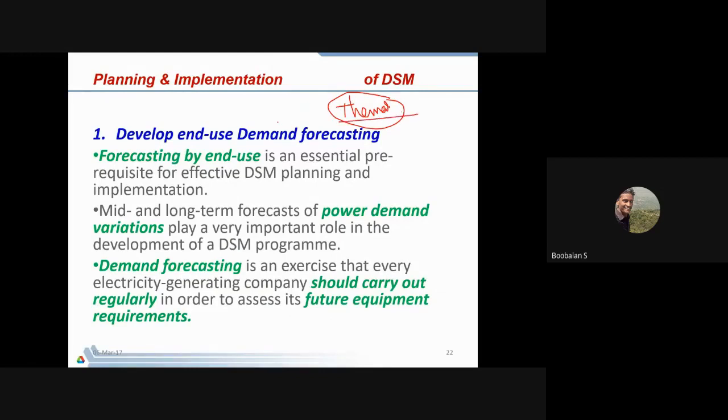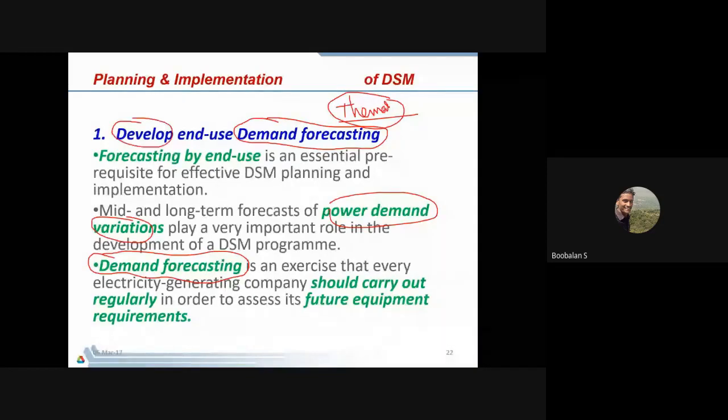First thing, they need to have a demand forecast, right? Next year, with the help of my past historical data, right? Every year the power demand is growing, and electrical consumption will be much higher. That's why we definitely need to forecast my demand. In the last 10 years, how much power people have consumed as normal consumers, and so how their demand will be next year, that forecast we need to do. So accordingly we need to develop a forecasting procedure as a thermal power station.